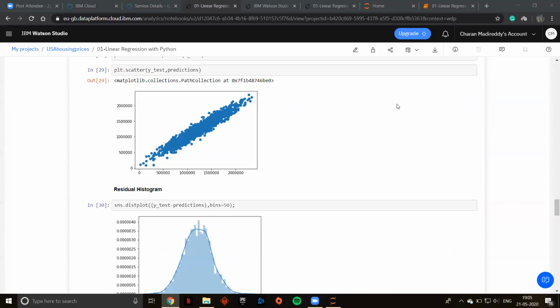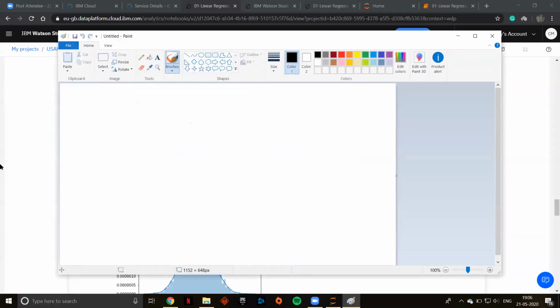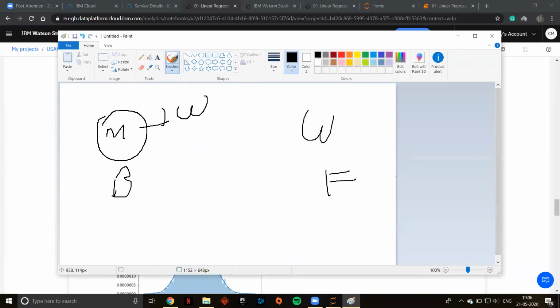This one is already in the cloud, so the model is already saved. Your model is saved here in Watson. This is the backend, right? And what is the front end? The web UI is your Node-RED.